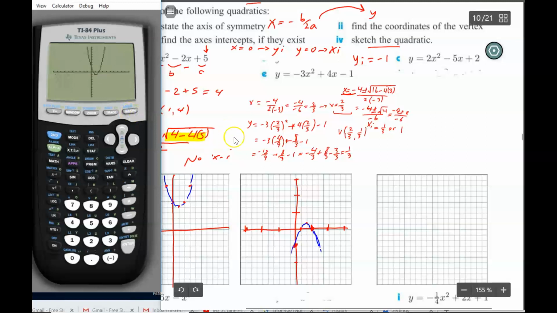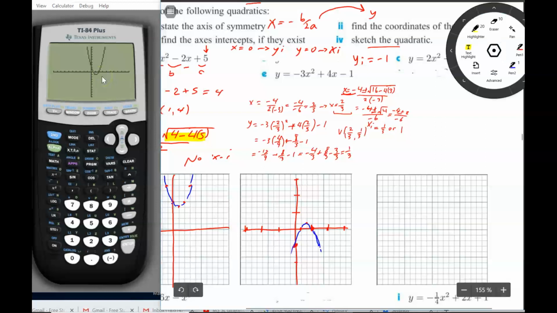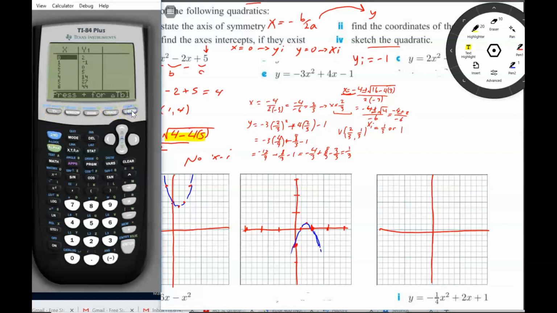And then basically it's just copy the graph, but it's quite hard to copy the graph because this grid doesn't even show up, right? So what I recommend is that after you draw your axes, we're going to look at the table, because the XY table, second table, is much better for getting points that we could graph. So I'm going to graph the point 0, 2, and 1, -1, and 2, 0,